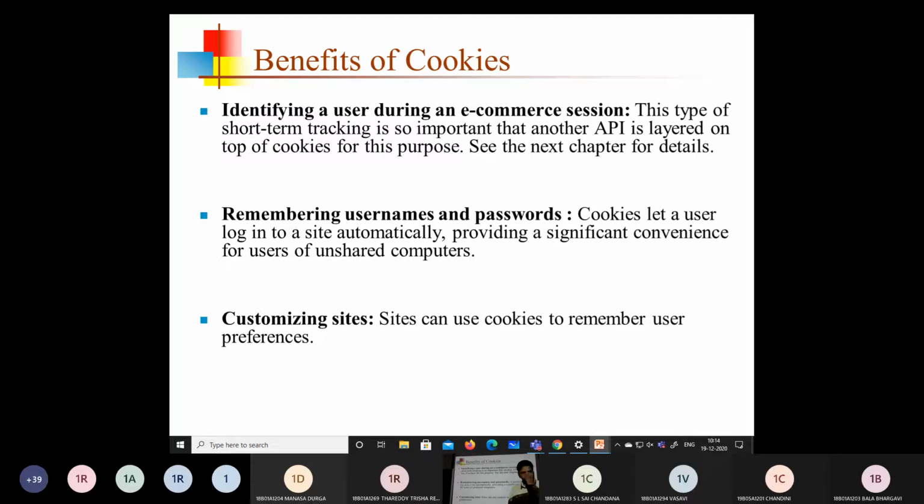Okay, and this is a very frequently done operation in the browser itself. Okay, so I will tell you the most frequently done operation in the browser. Whenever the end user types the login username and password and clicks on the submit button, immediately, if we observe in the browser, it will ask for saving the username and password. Okay, at the top right corner.